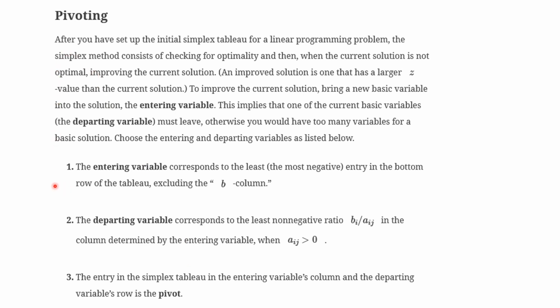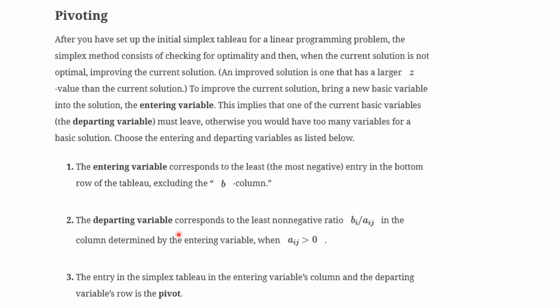Okay, so here is what goes on then, and this is called pivoting. It doesn't surprise you that it is. The entering variable corresponds to the least, and the least in this case will be the most negative entry in the bottom row of the tableau, excluding the right-hand side column. So we're going to look across the bottom and ask what basic variable enters, and that's going to be the one that in this case is the most negative, but that will cause the greatest increase in the objective